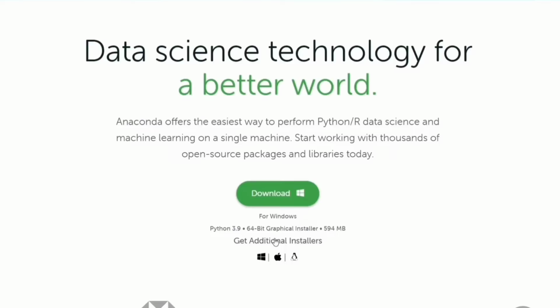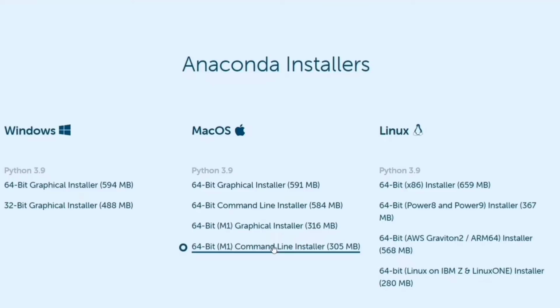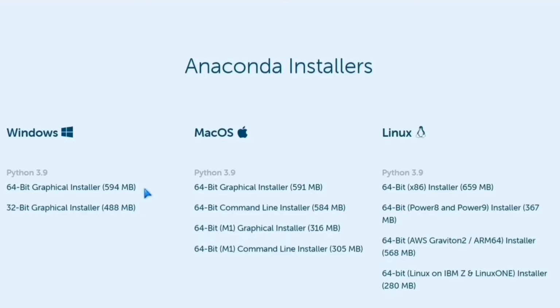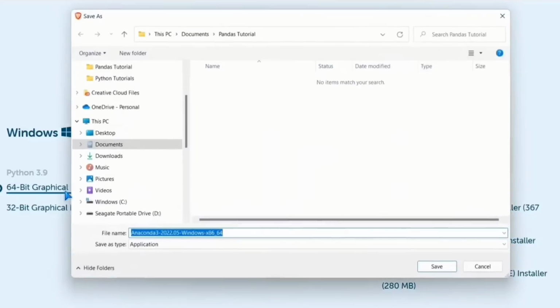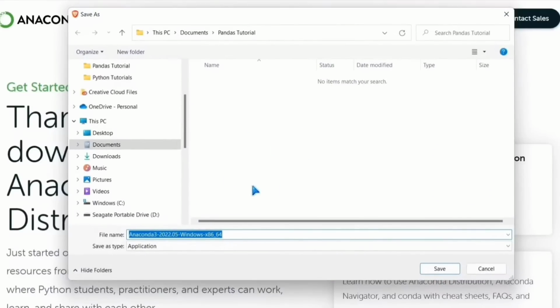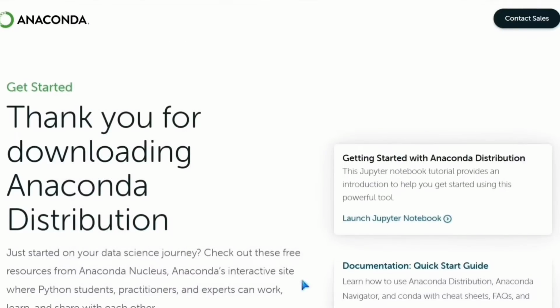I am on Windows. But if you want additional installers, for example Mac or Linux, then you can get all those right here. If you are running on Windows, just make sure whether you are on a 64-bit computer or a 32-bit computer, right? Now I'm going to click on the 64-bit system, and this is going to download this Anaconda file for me. It usually takes 2 to 3 minutes depending on your computer's speed, and once it is downloaded, you just launch